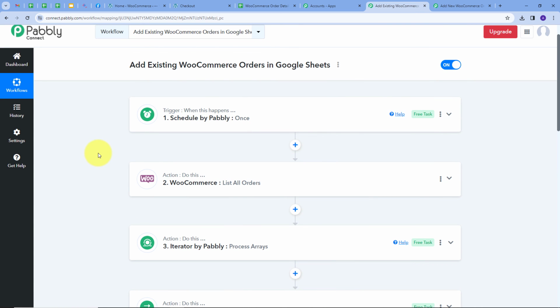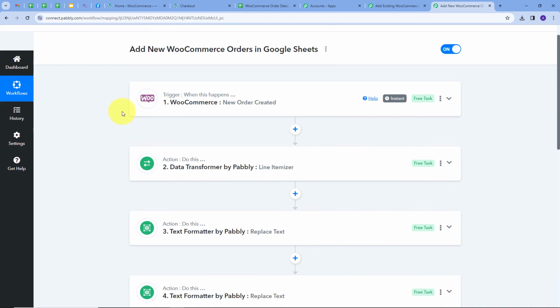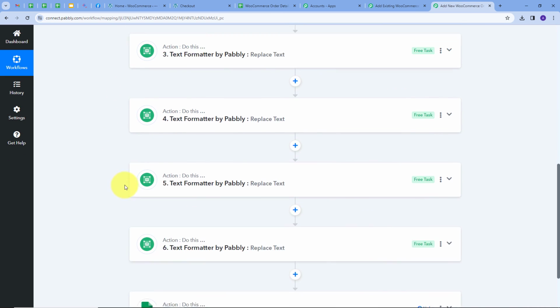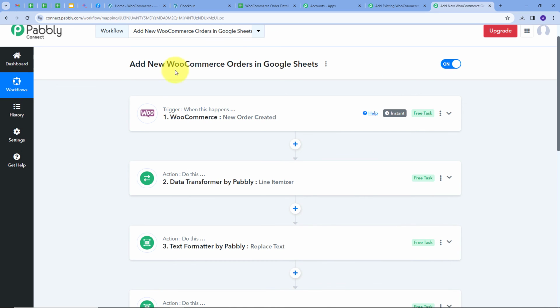And after this I have created one more workflow. So let's go to that. And here I have created this integration between WooCommerce and Google Sheets. And here I have added all the new order details of WooCommerce in my Google Sheets. And I'm doing this automatically. Whenever I will get a new order in WooCommerce, then I will add all those details of new order in my Google Sheets automatically. So here I have set up my trigger first, and my trigger application was WooCommerce,